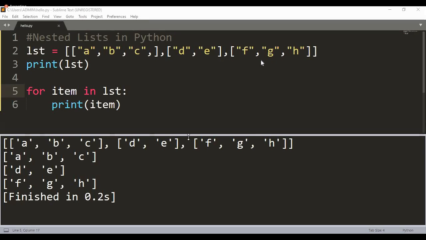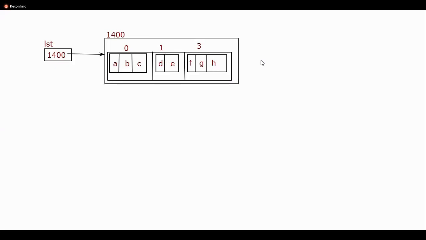Quickly copy, make a note of the diagram also here. It happens to be a simple representation. Of course, there is a typing mistake in this case. The index sequence happens to be 0, 1, and 2.